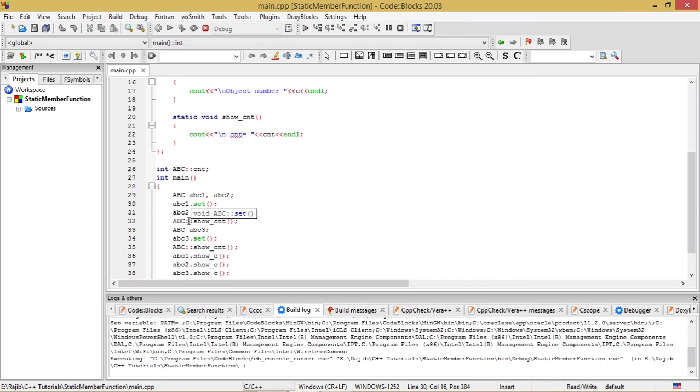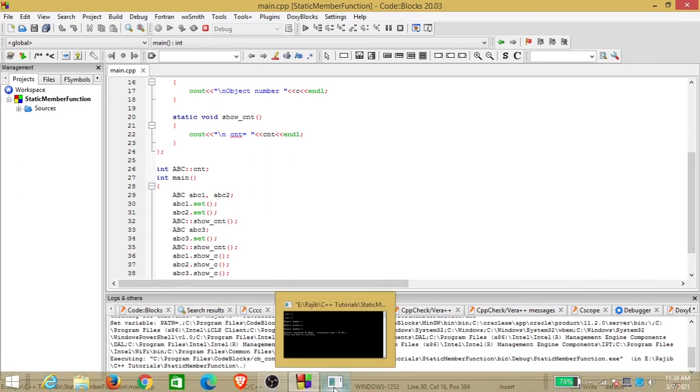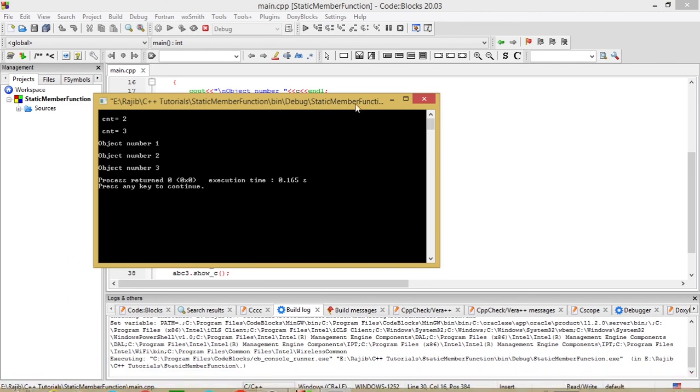After that show_CNT should have shown the value of CNT to be 2, and we get the desired output, that is we get 2 as the value of CNT.